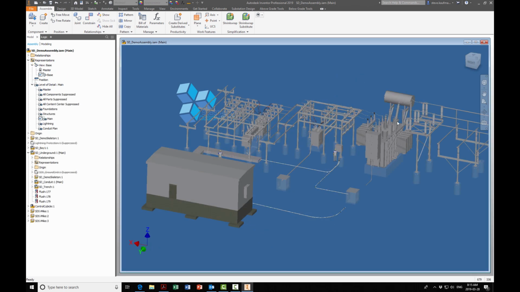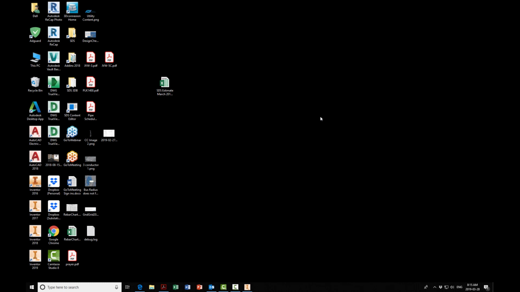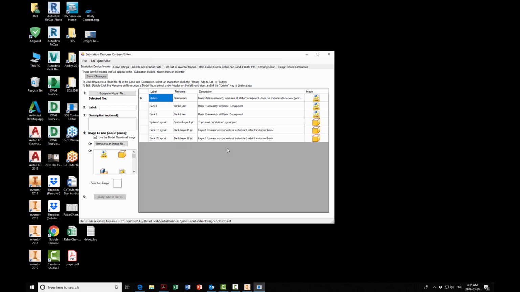Running this conduit, we had to prepare for the elbows and other items in the flex conduit that we'll be talking about in the above grade conduit. So for us to do that, we had to get into the SDS content editor. And for those who aren't familiar with this, my next webinar will be